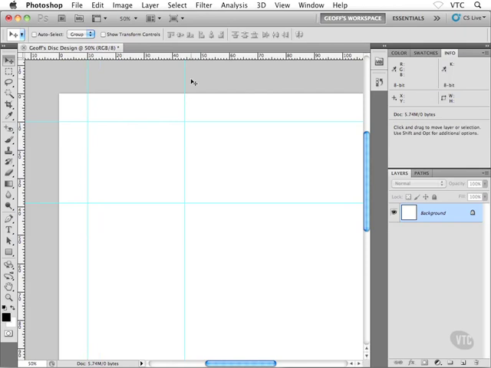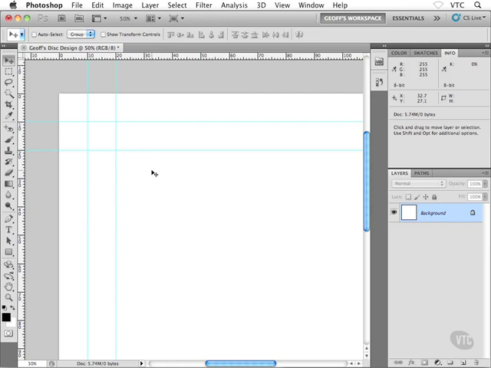Say something like this. And then maybe I'll move this guy to the 20 millimeter mark on the horizontal ruler, and I'll do the same here on the vertical ruler, the 20 millimeter mark there. So say something like this. Hopefully all straightforward there. Once you have your guides set inside your layout,